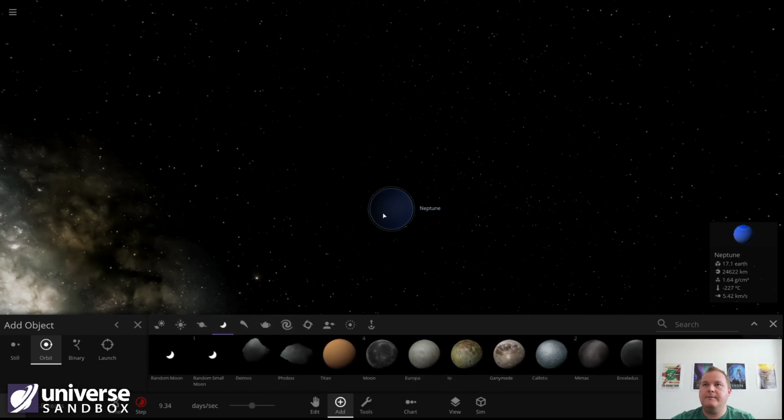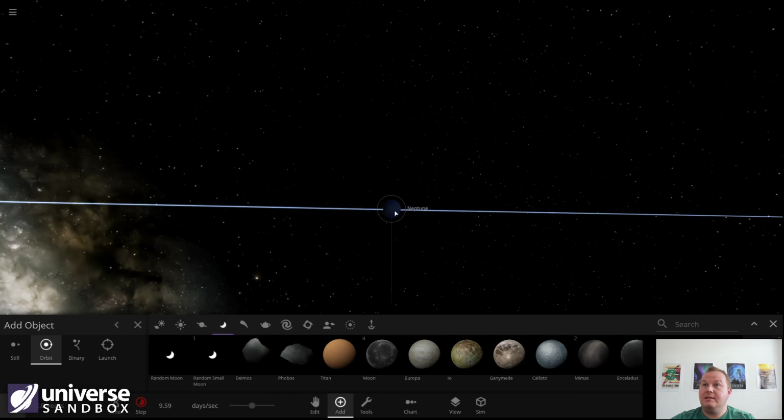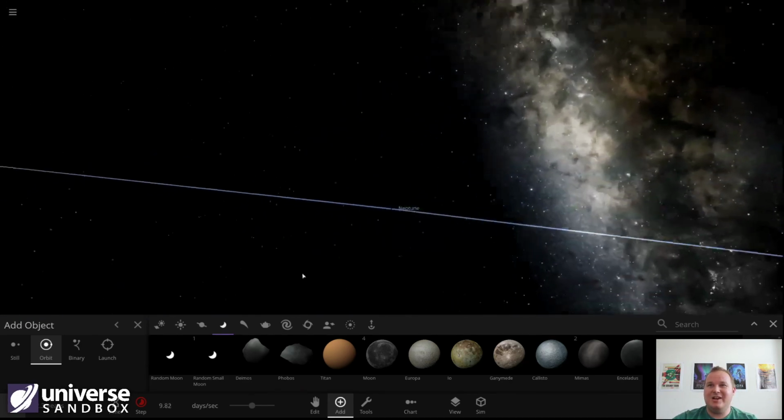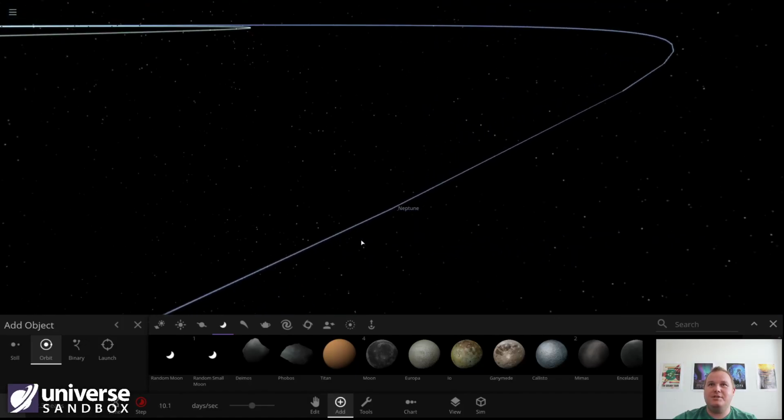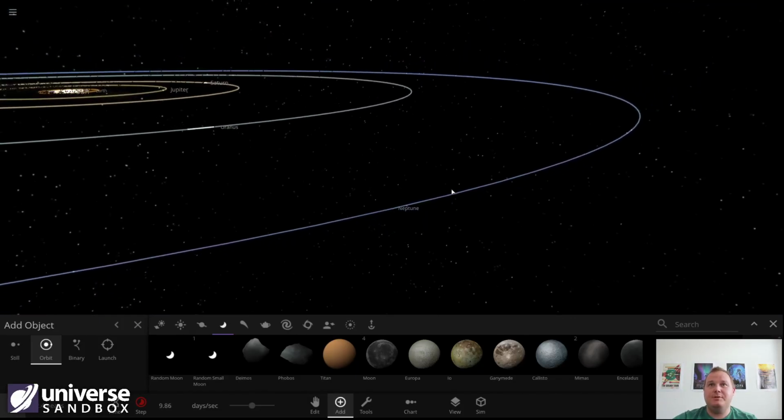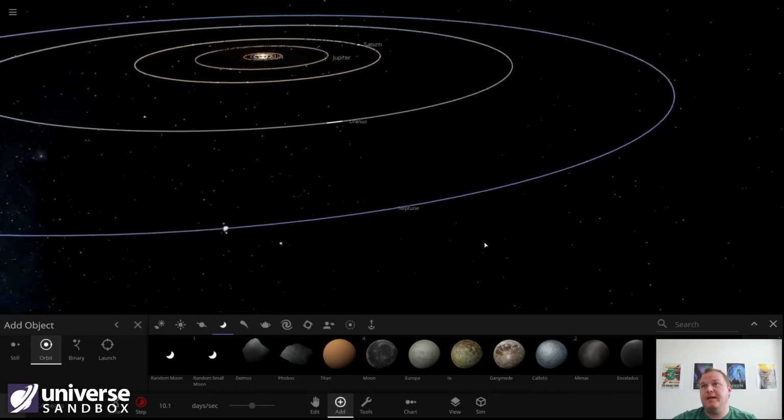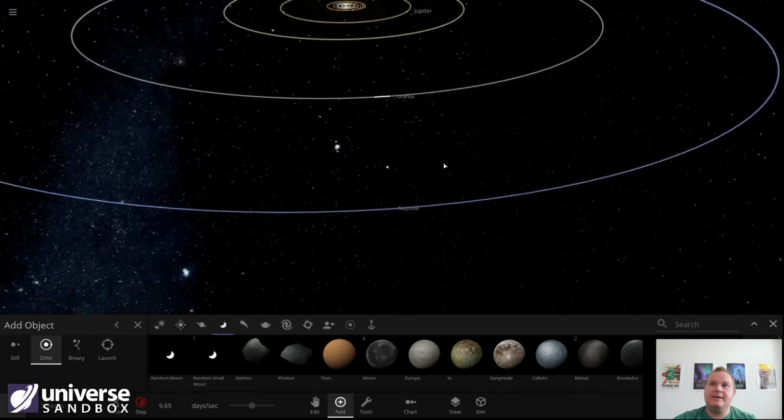We can find it later. At any rate, Triton is a lot like the planet Pluto. It's very icy. We think that it was a captured comet or asteroid, or rather these things called trans-Neptunian objects. There's actually a bunch of objects out past Neptune that form what we call the Kuiper Belt. Some of them actually pass into Neptune's orbit,